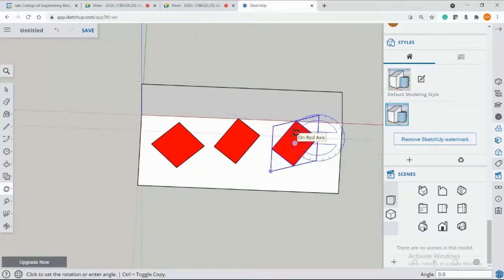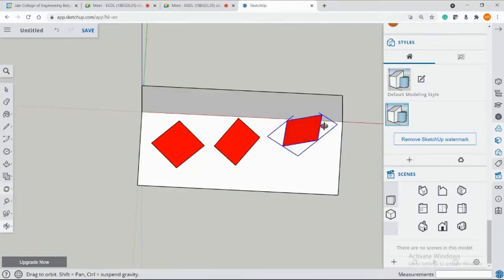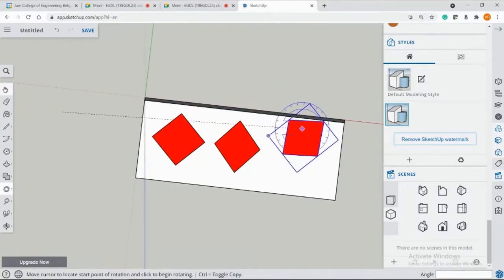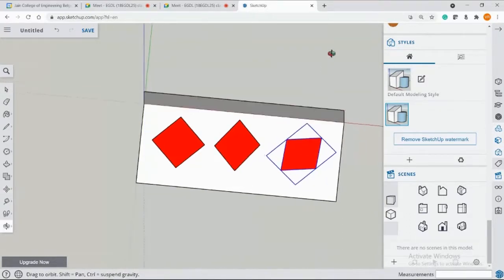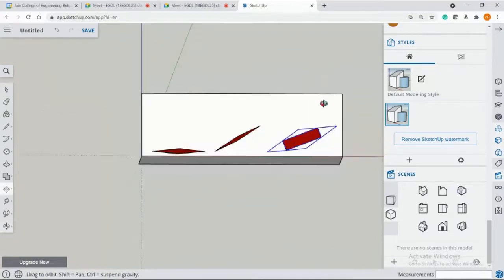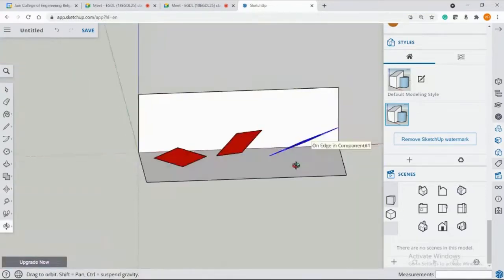We place it properly, 45 degrees. Let me move it here. So this is 45 degrees. This is how it is.